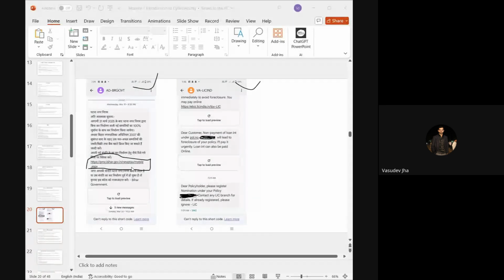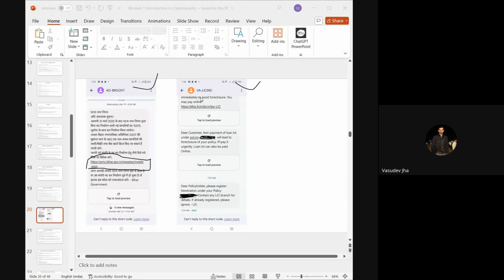When you make a payment, they redirect it to their own account, whatever it may be. In the second case, I got this message and when I verified this LICIND,